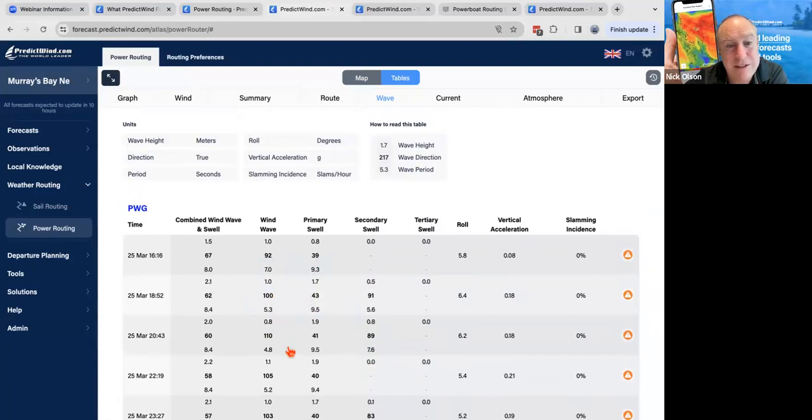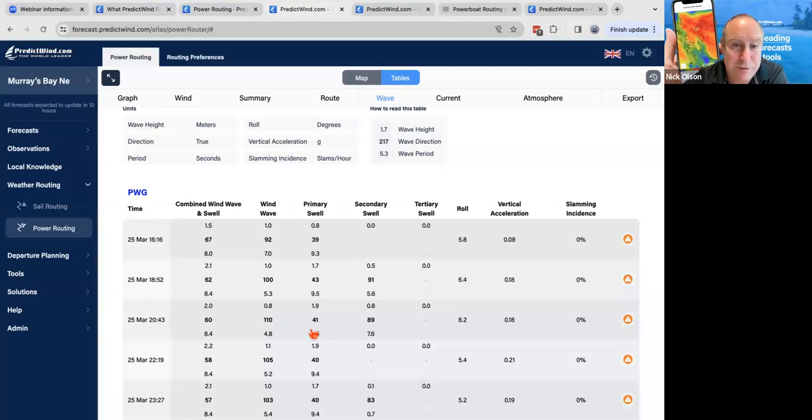You'll see they're quite different directions, 110 and 41, and our heights are different. So we've got the wind wave and the primary swell, and then once we get down here, we've got the secondary swell, which is also going a slightly different direction, which is giving us pretty mixed up sea. But I think the main factor there is that